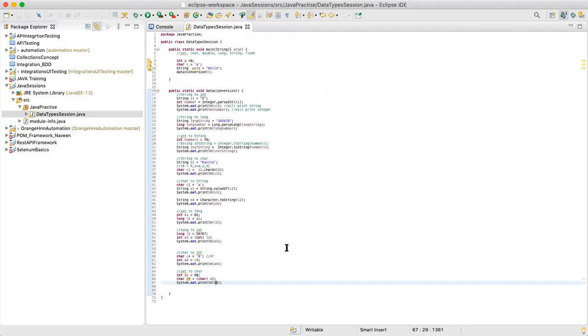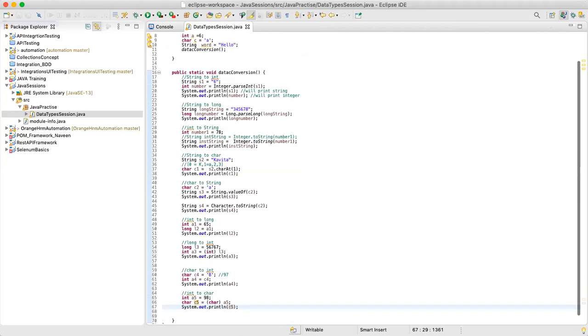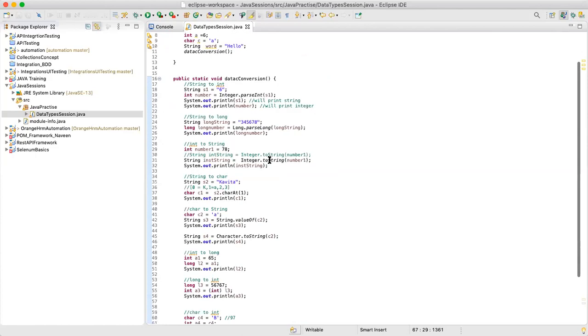Now this was the basics of data conversion. I think we started at 8:30. It's 9:10. So I think we have covered most of the topics for data conversion. Apart from this, there are float conversions. You can convert string to object, and object to string. The same goes for float. You can try float to string, float to integer, float to double. There are many other ways.